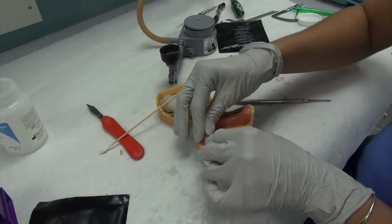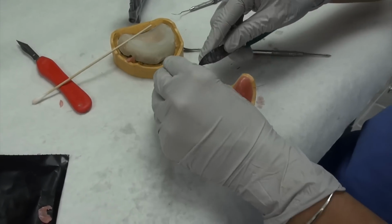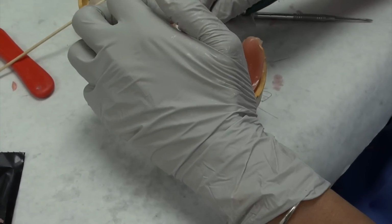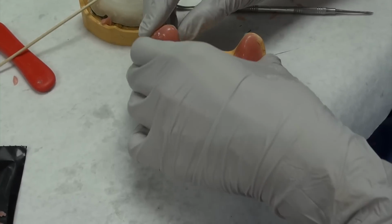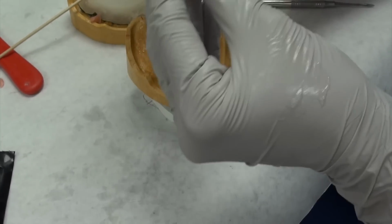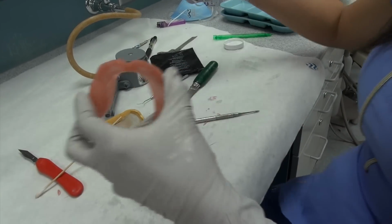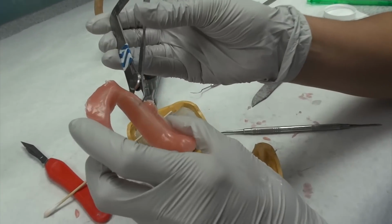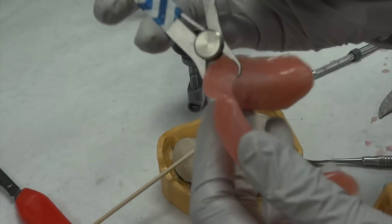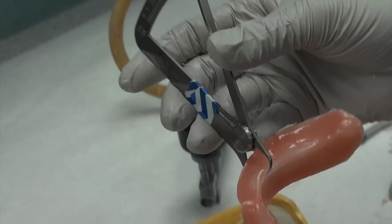Now at this time you want to use your red handled knife. See, it's already coming up, so I didn't need really my knife. Okay. And you can use your calipers to see where it was too thin. And see, I'm at about 0.5 millimeter on that side. So this is a